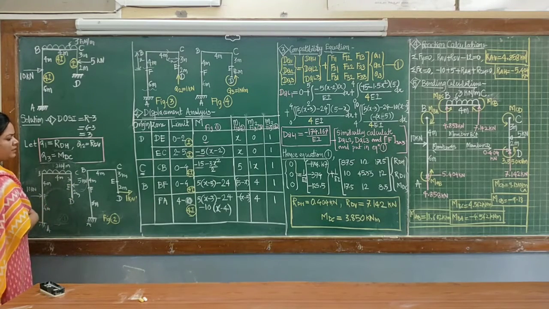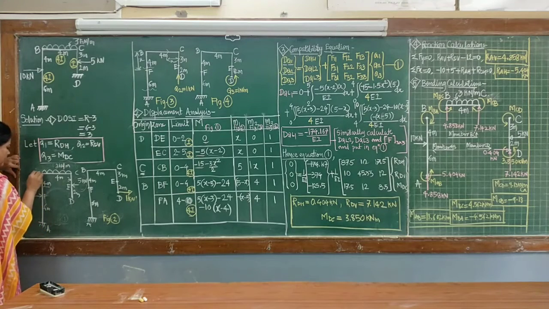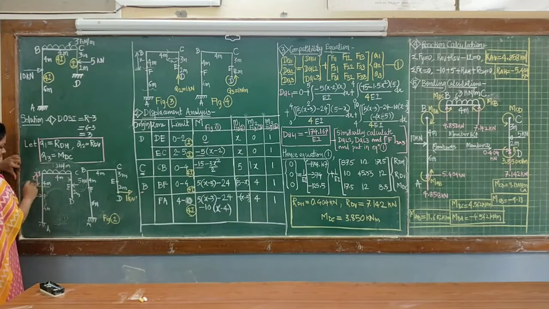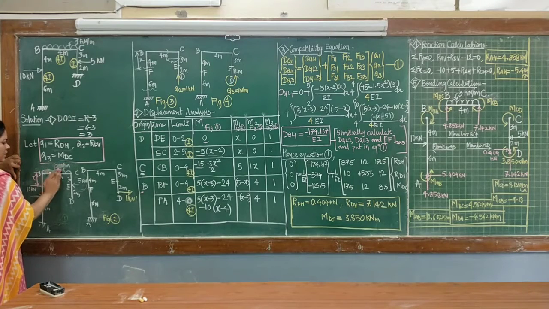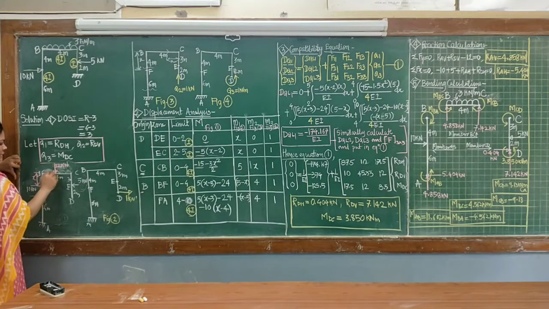Support A, B point, C point, E, F and D. Now here we are taking the moment in the BF zone. So in the BF zone, take the section at a distance x from origin, from B point. So the moment of this 3 kilonewton per meter about this point: here 3 into 4, convert it into an equivalent point load. So that will be 12, converting that UDL into a point load. So 3 into 4, 12.